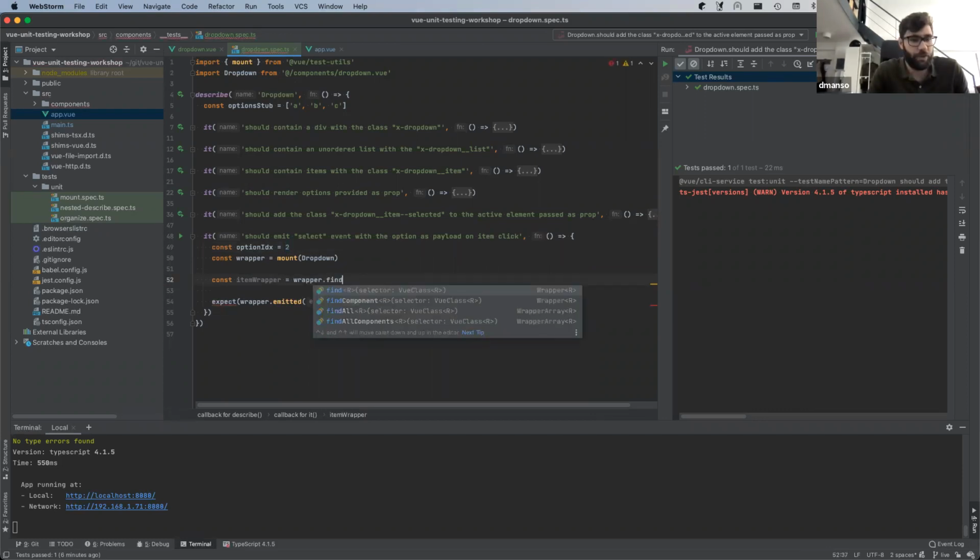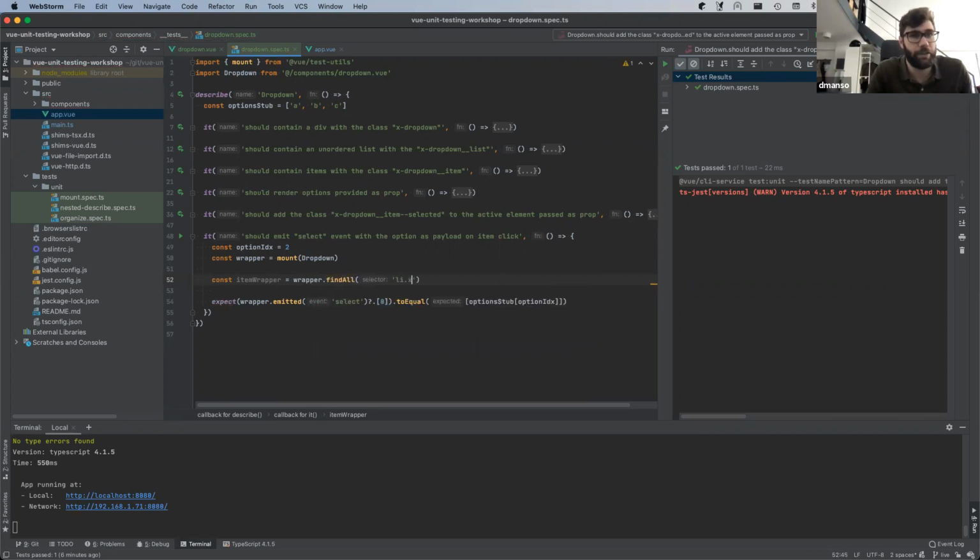So wrapper find all dropdown item, again at option at this option index. Okay, and then